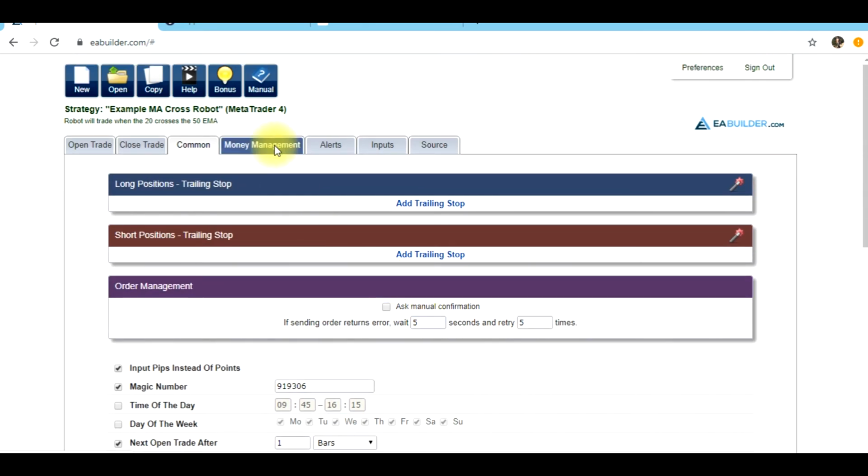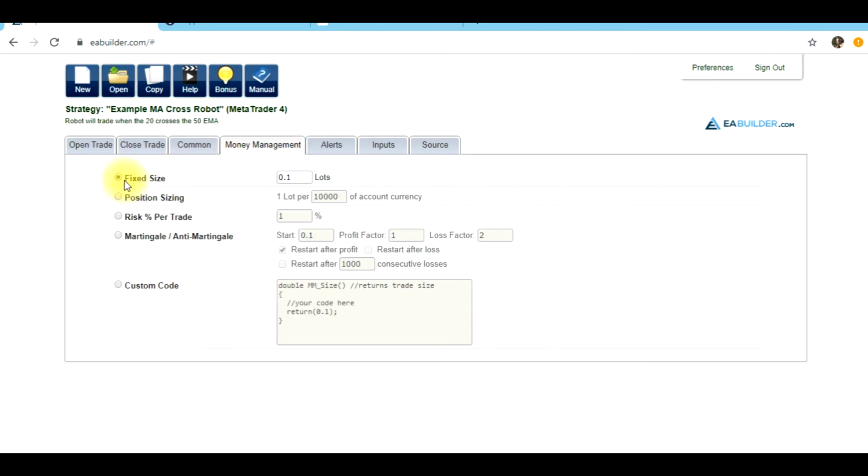The other conditions, they have a money management condition, fixed size. We want to trade, let's just keep it at 0.1 or $1 per pip. They also have a martingale and an anti-martingale strategy. So basically, if you select this, you can start at $1. If you're profitable, you can